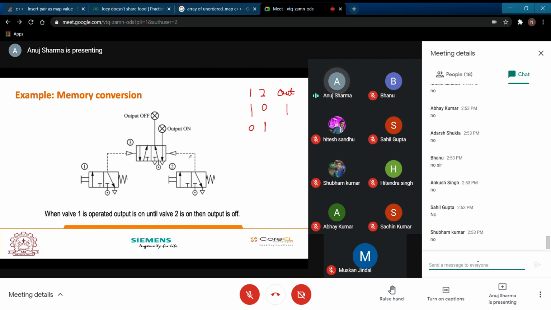then what will happen? When 1 is 0, it is going to get shifted in this particular direction because this is a spring return valve. You are not manually operating it, so there will be no pressure from this side. Now a signal comes from this other side, because your 2 is 1. The manual operation gets started.